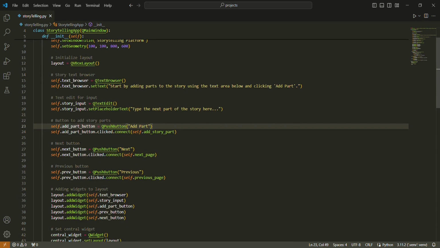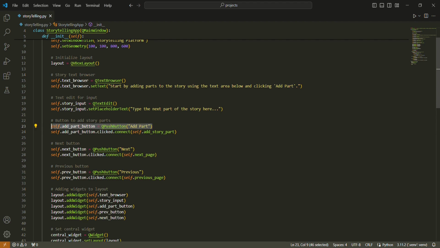So the first button is to add a new part to the story. The user will type the text into the QTextEdit box, and then when he clicks the add part button, it will add this new part to the existing story.